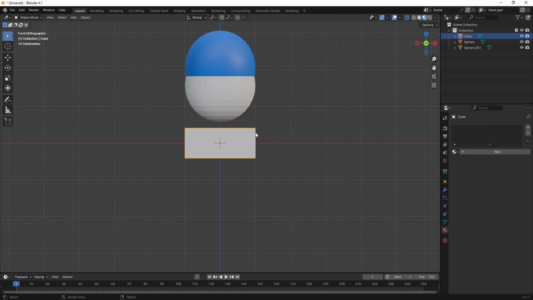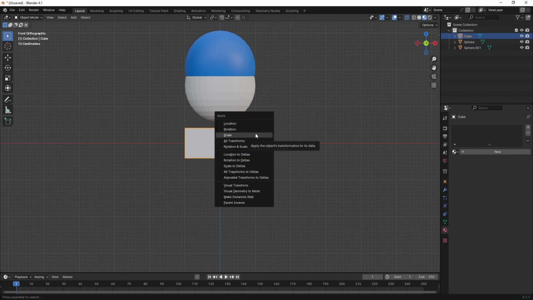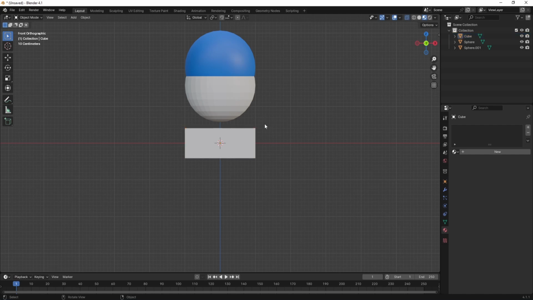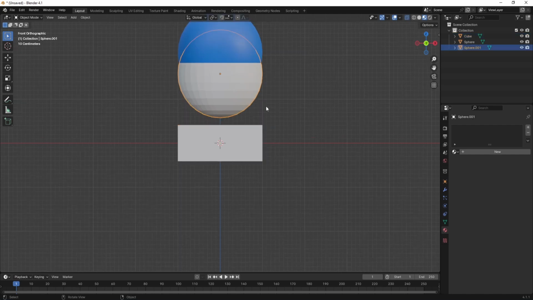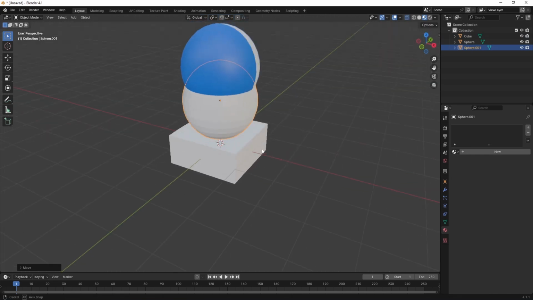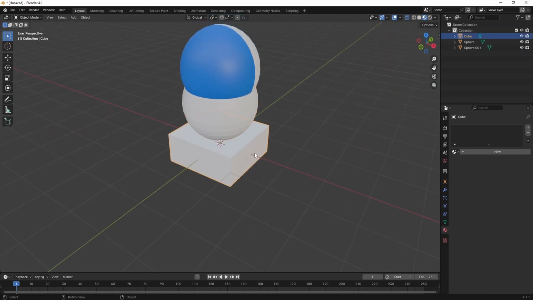After that, I'm going to select this cube. I'll hit Ctrl A and apply scale. I'll hit Ctrl A and I'll apply all transform. After that, I'm going to select this UV sphere, G, Z, and let's try to bring this somewhere up to this. Okay, like that. Then select this, then press tab, press 2 for edge selection, hit A to select all of these edges,